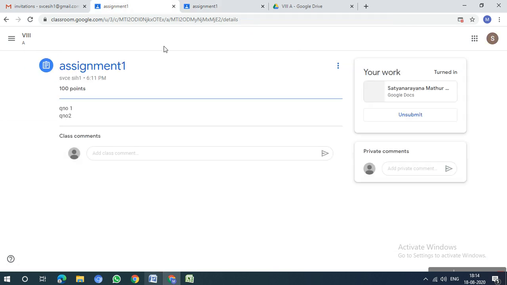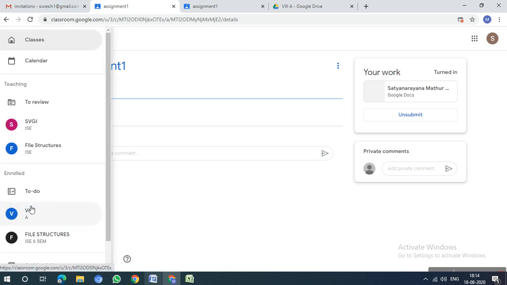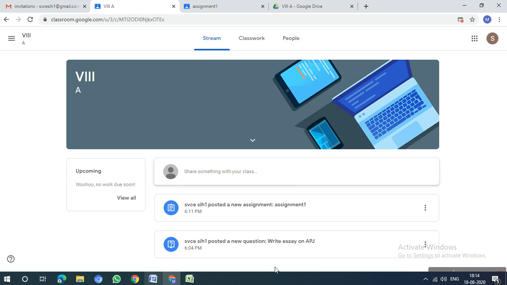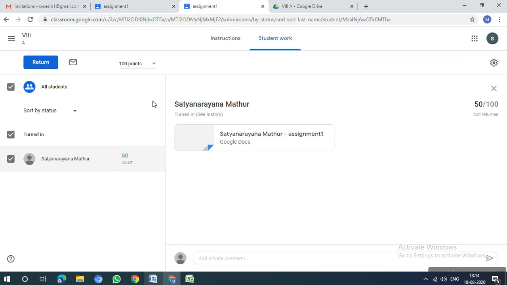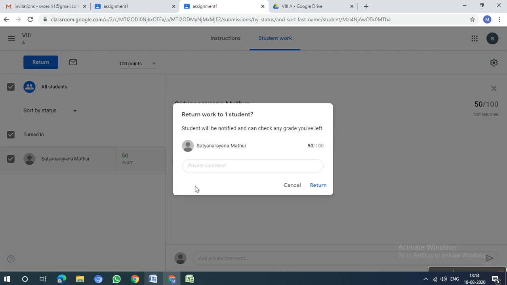So now what I will do is I'll just go here. I'll just come to my 8th standard because I have so many. That's why I'm taking back. So now I have taken the assignment. The student will get 50 points. It will take a little time, so he will get that also. Okay, sorry, I forgot to do this.